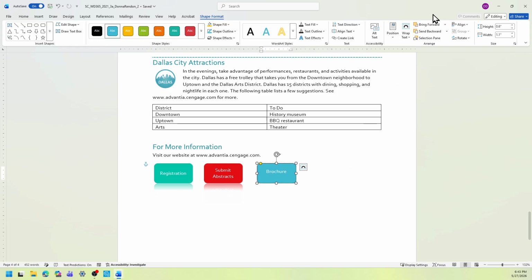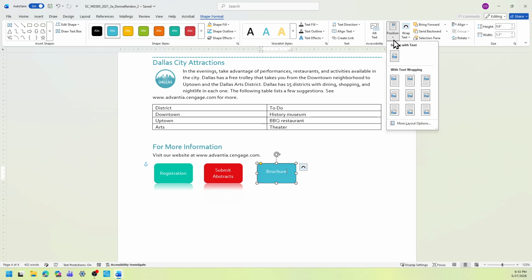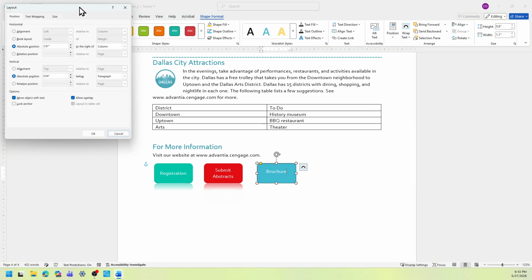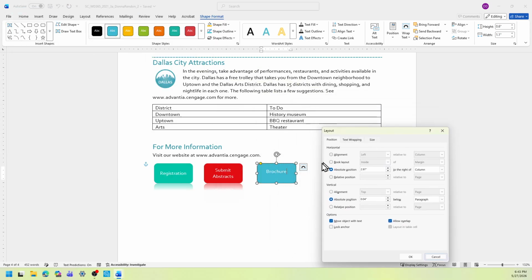So now we're going to select the position and then select the more layout options. Then now you have this layout menu, and it says the absolute horizontal position here. It should be 2.9, so I'm just going to remove the 7.